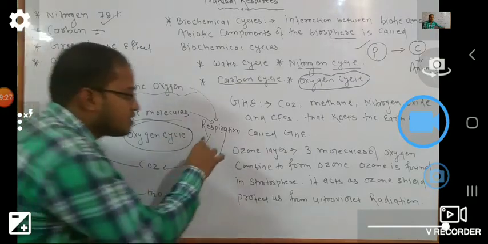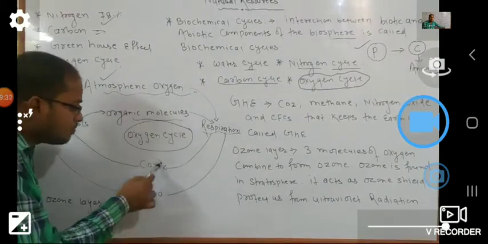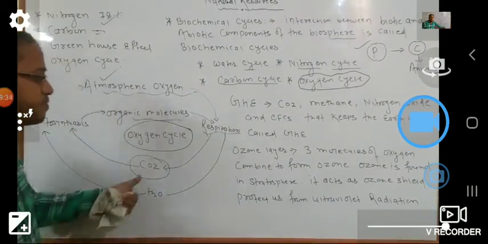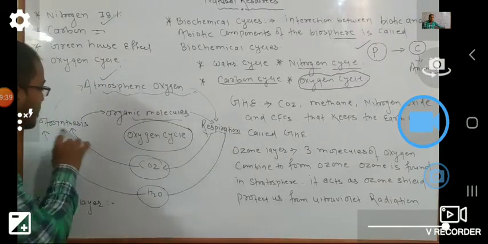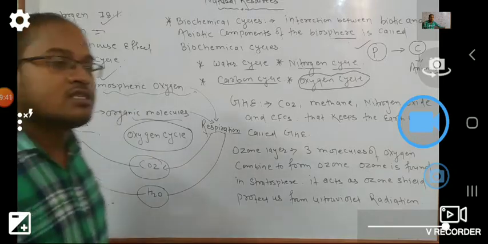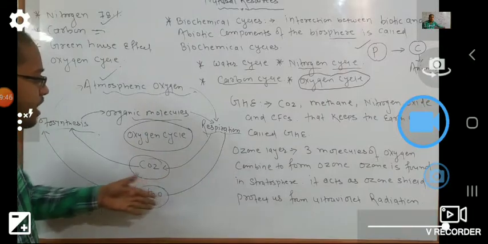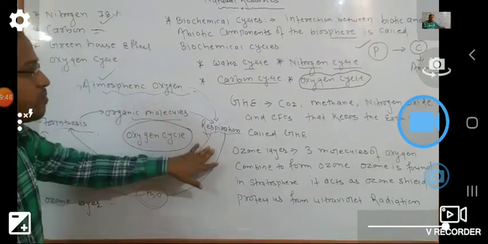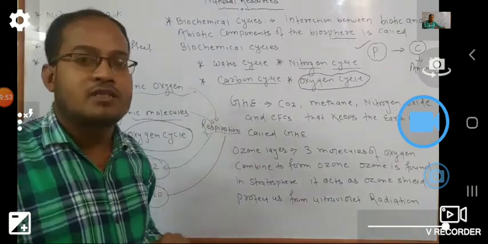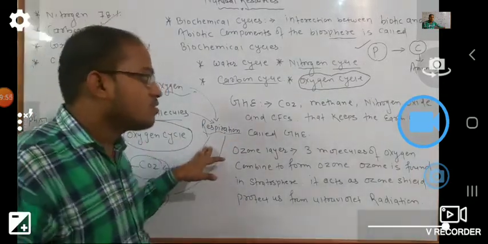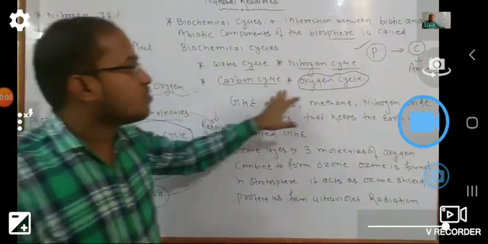In this there is a respiration system, respiration, which is for breathing, and it also takes part in CO2, and it also takes part in H2O, and it also takes oxygen in the photosynthesis process. So all the processes are generally similar, and they are already in cyclic form. By this they are most important for human beings as well as plants and animals, and they actually run by the same pattern every day. Okay, this is called the oxygen cycle.